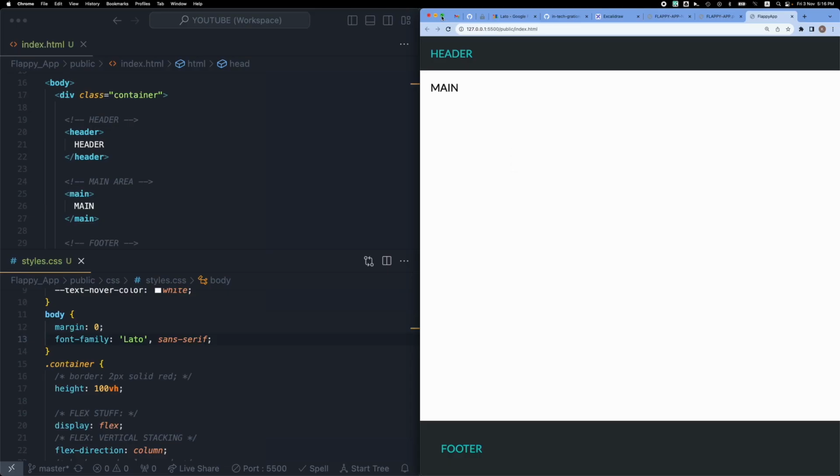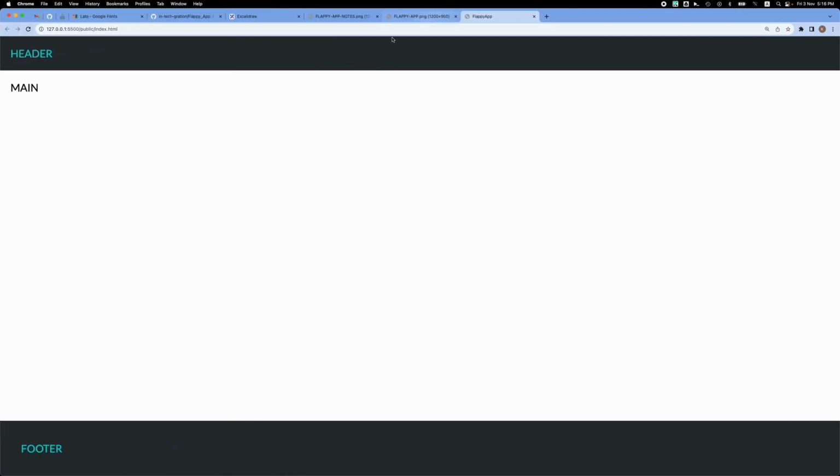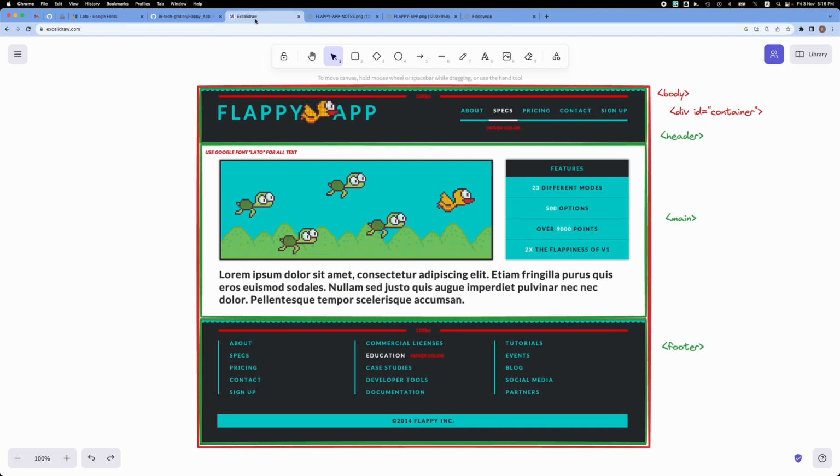Okay, let's move on and create some more content. So I will go here in my Excalidraw and move on to the next step. So what's the next step? The next step is, once we have this basic structure with these first rows, the next step is